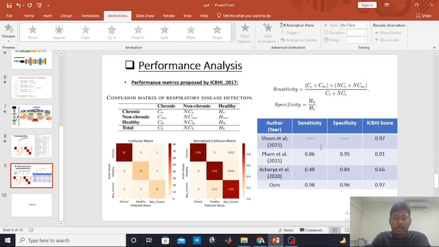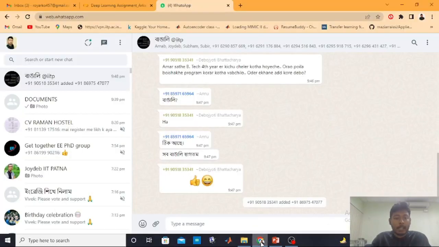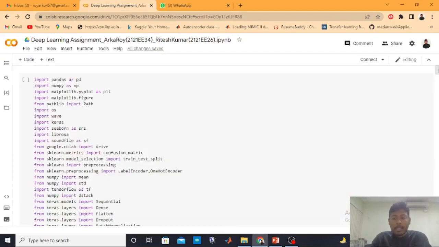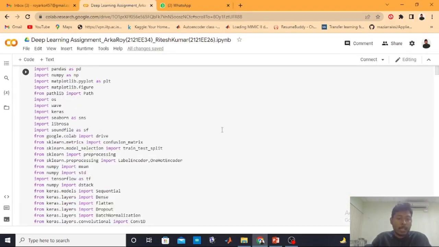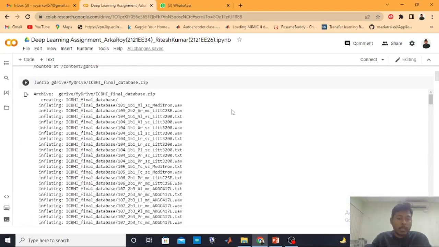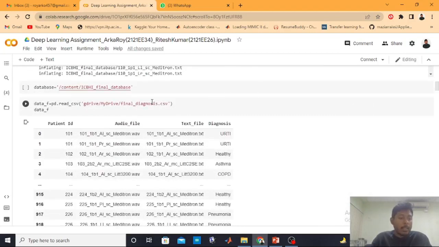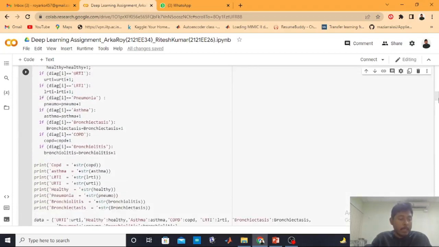So this is basically the presentation side, and here we have implemented it on the Google Colab platform. It contains some important libraries which we have imported. Then we loaded the database, and we used unzip to unzip the folder. Then we loaded all the meta files present in the database itself, and then we calculated what